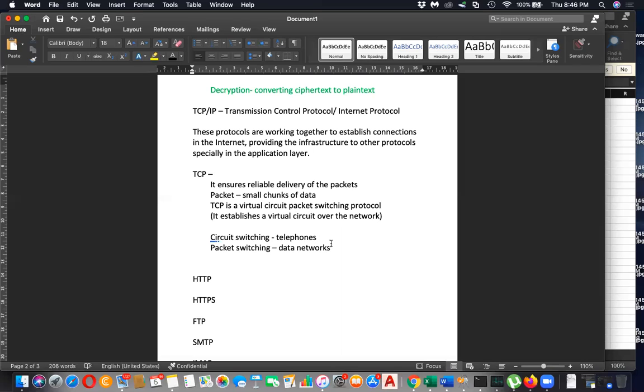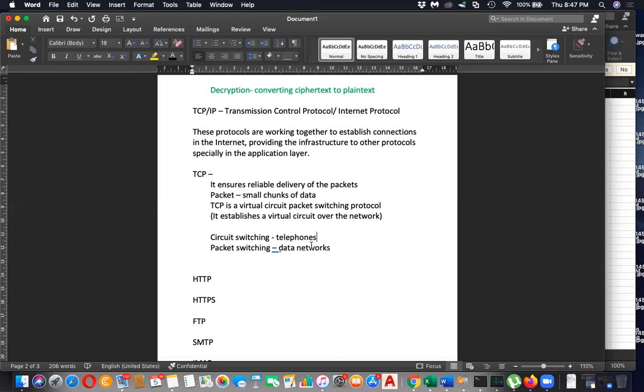Assume you are downloading an application from the App Store or Play Store. At the same time, can you play music using YouTube? Yes, it's possible. If your data connection is strong enough, it will support both kinds of data operations,